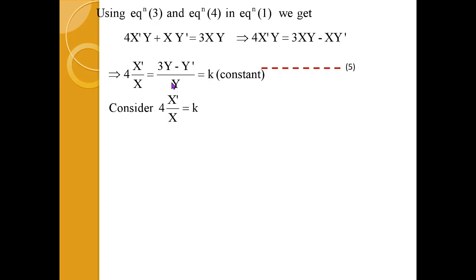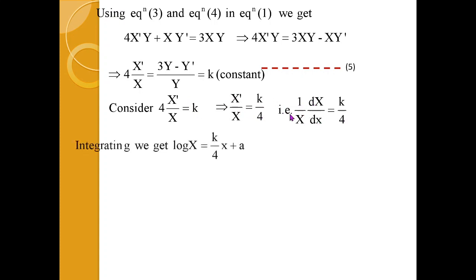Now consider each fraction equated with the constants one by one. Now X dash is nothing but derivative of capital X with respect to x. So here we will obtain variable separable form, which on integration gives us log X is equal to k by 4 times x plus a. Now here applying law of indices as we did earlier in the previous problems, we will simplify it. So we get X is equal to a e raised to power k by 4 times x, with a as e power a. So in this way we get the first function required in the solution.